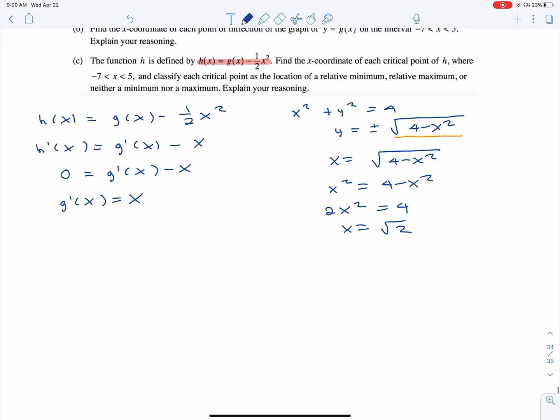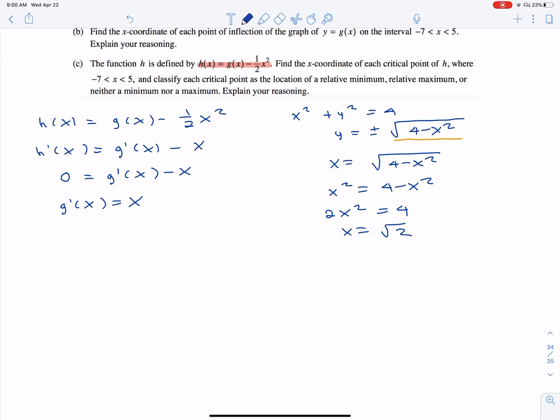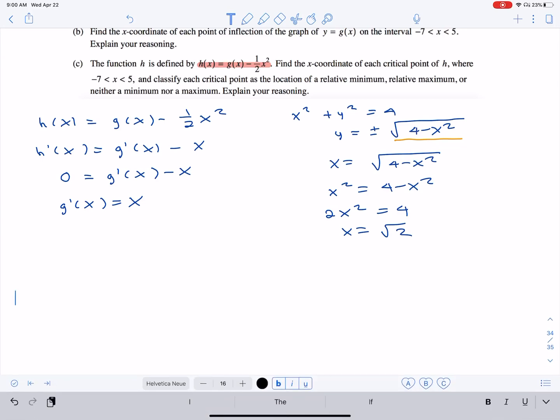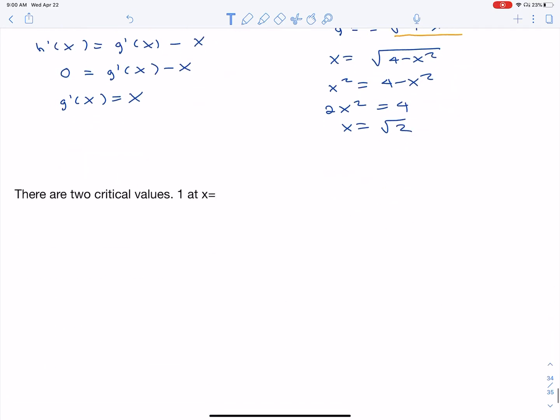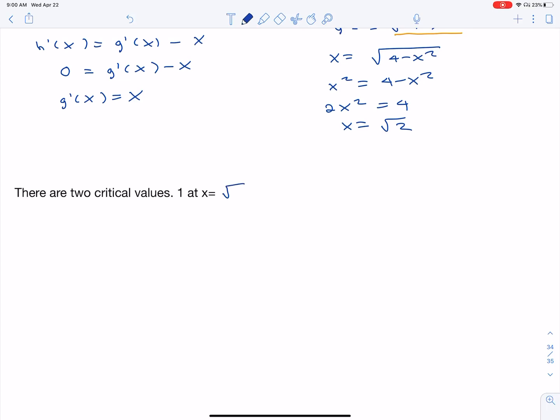So let's sum that up. I'm probably going to have to do this a couple times. There are two critical numbers, two critical values. One at x equals, what was that, root 2? Okay, so this is where I should have probably printed this. One at x equals root 2, and the other